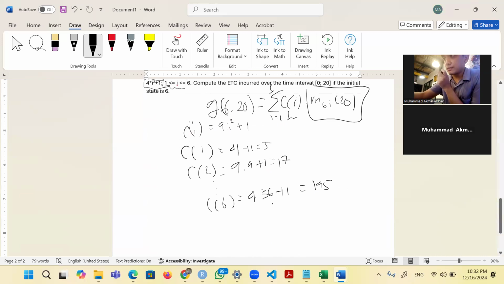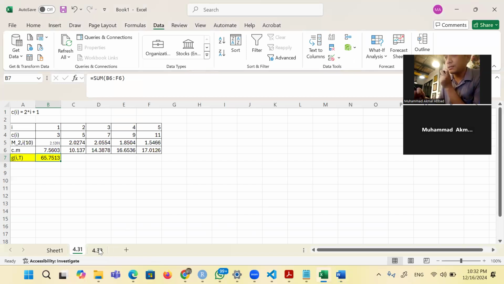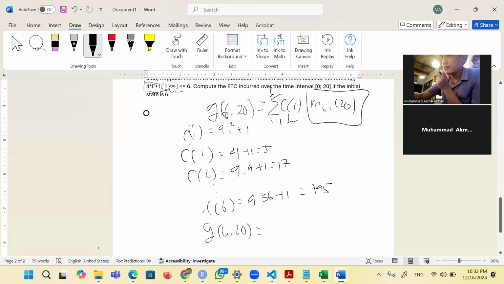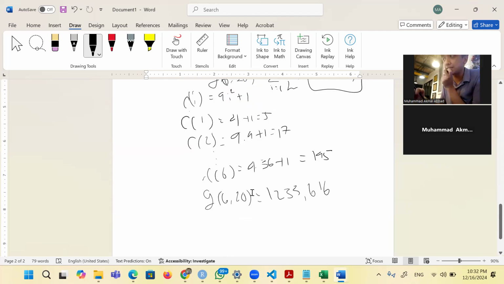And here G(6,20) is 1,233.616. So the expected total cost incurred over the time interval 0 to 20, if the initial state is 6, is 1,233.616. So that's all from me.